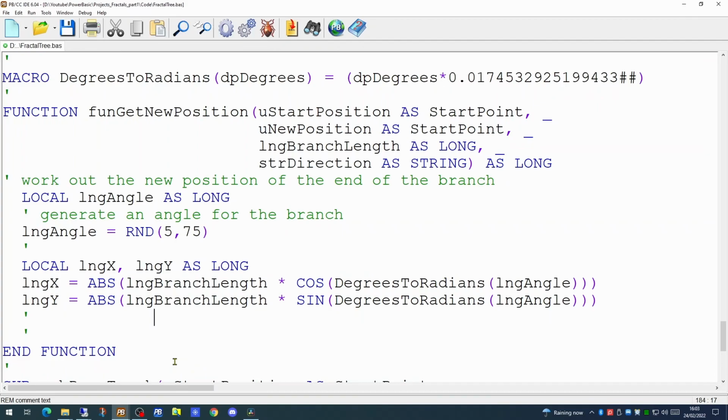So we'll create two local variables, x and y, and we will calculate what these are using the cosine and sine commands, using our macro for degrees to radians. So the random value calculated up here is going to be populated in here. And we want the absolute value of x and y. So these are the new coordinates of the end of our line.